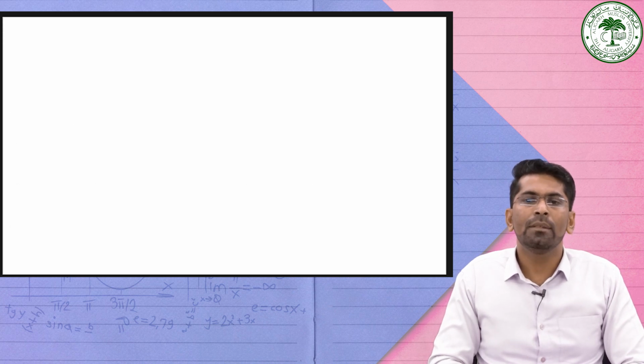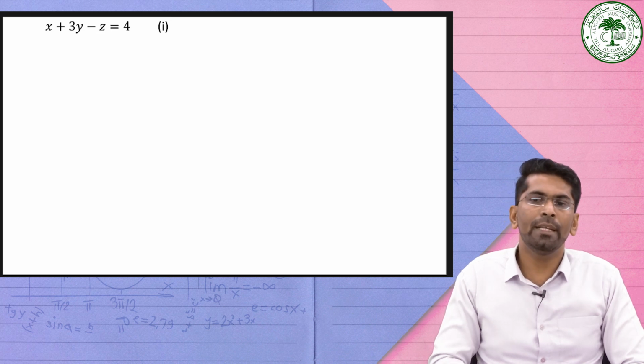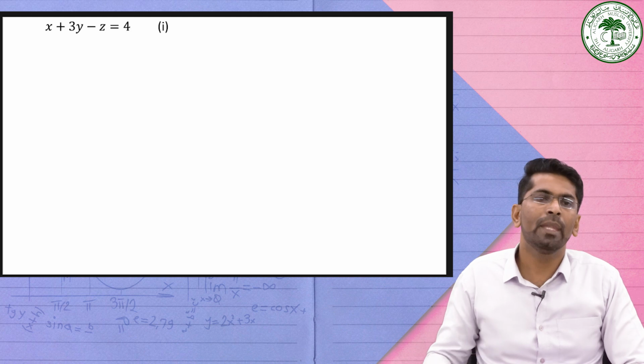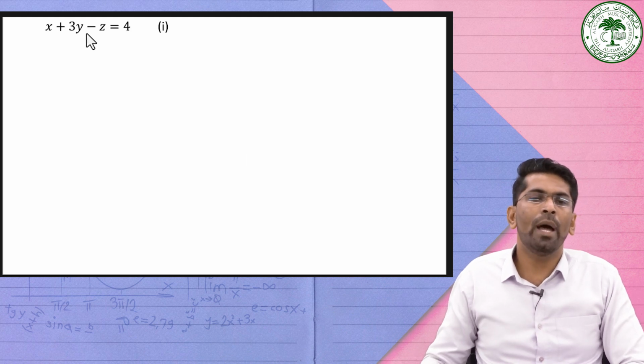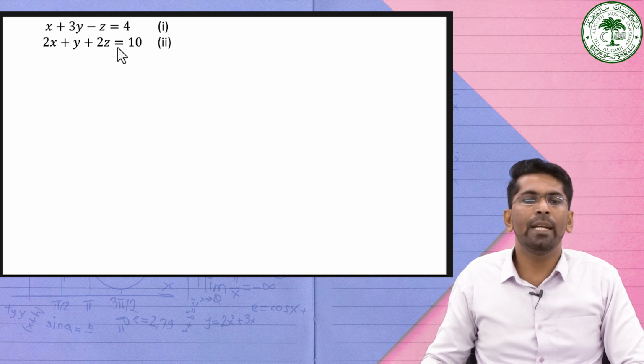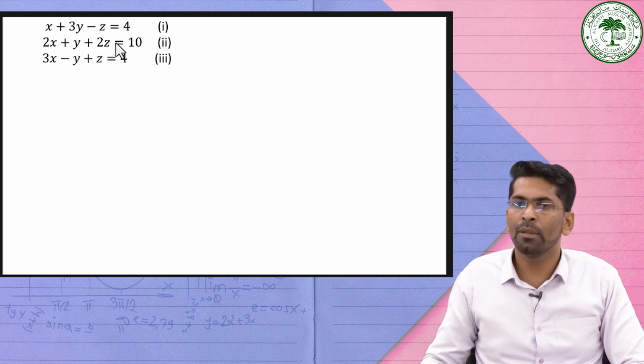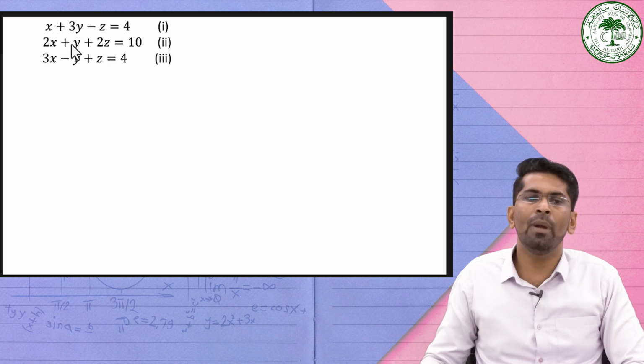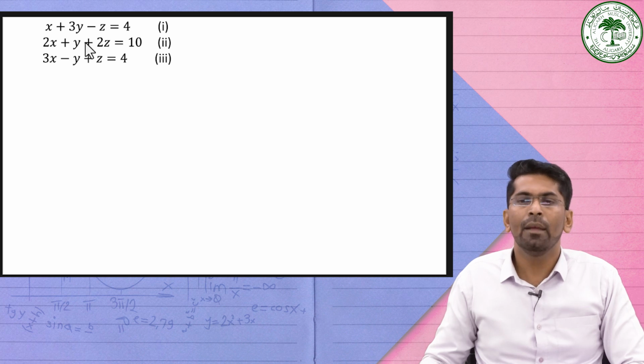Consider one example so that it will be more clear. We will begin with a simple example to illustrate the general method of elimination. x plus 3y minus z is equal to 4. 2x plus y plus 2z is equal to 10. 3x minus y plus z is equal to 4. So we have a system of linear equations with three equations and three unknown variables x, y, z. The objective is to find the values of the three numbers x, y, z